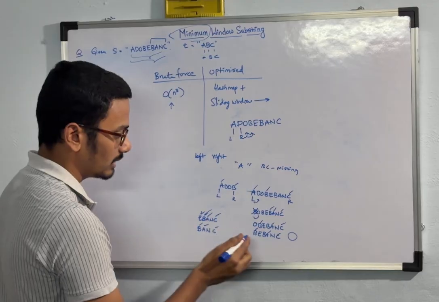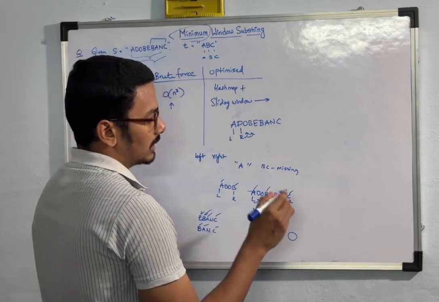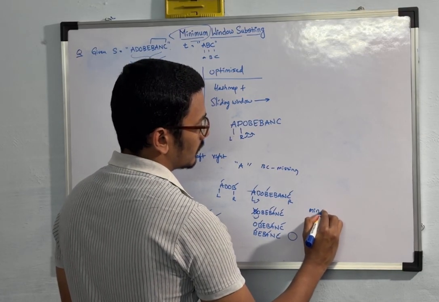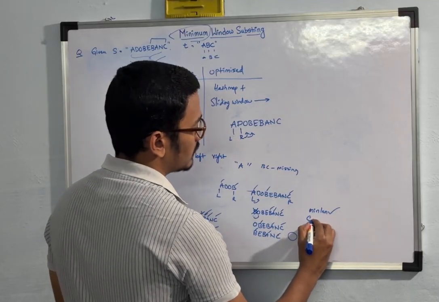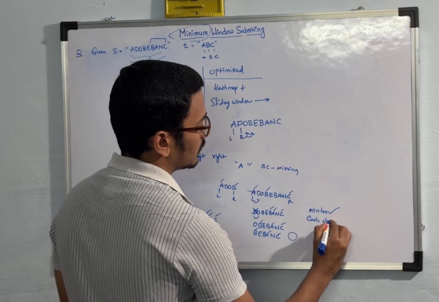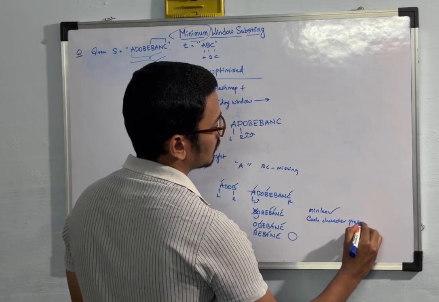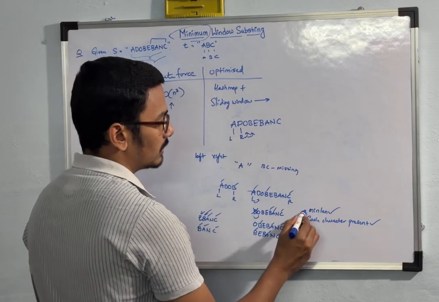Whichever string has to satisfy two conditions: the length of the substring should be minimum, and each and every character should be present. So whenever these two conditions are satisfied, we'll store